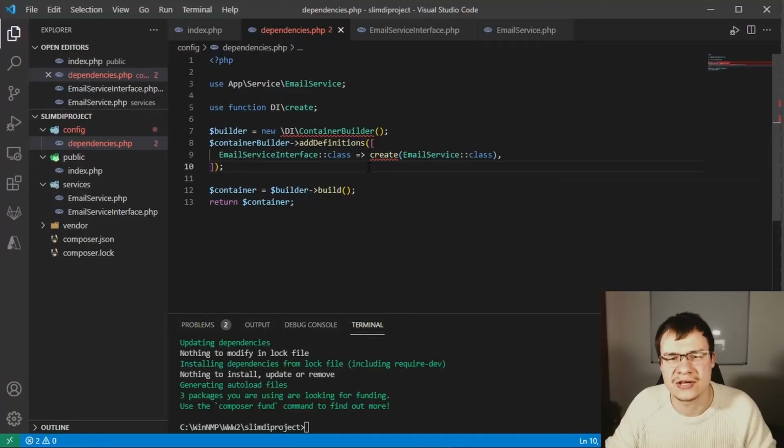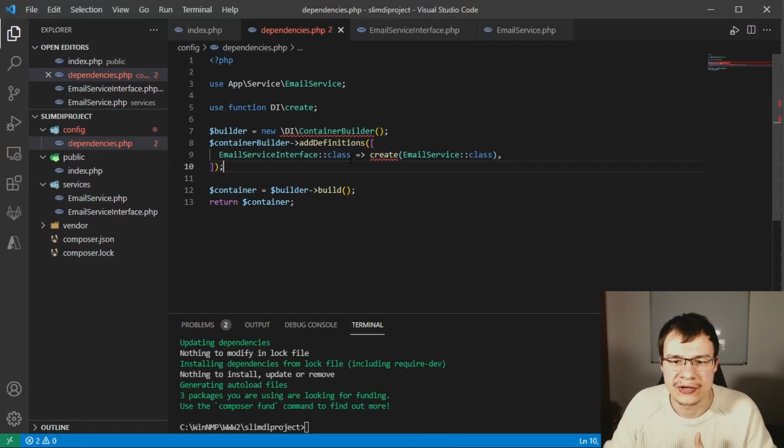An implementation could be a Yahoo email service with specified credentials, or an Amazon AWS email service or something like this. This is a concrete implementation, but the abstraction for that could be an email service interface, and you will mostly want to rely on that and not on specific ones. And this is exactly what we are doing over here, because we are not relying on a specific implementation,